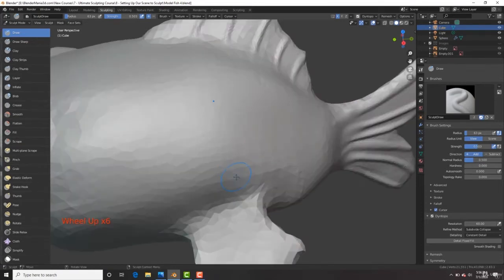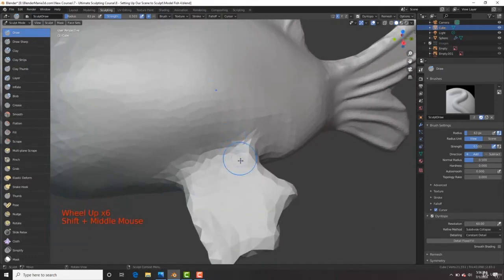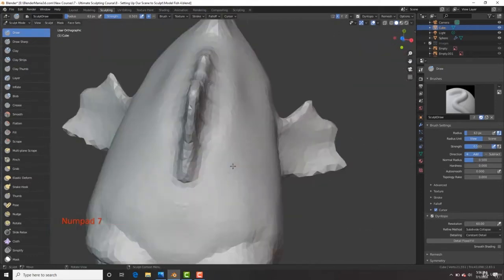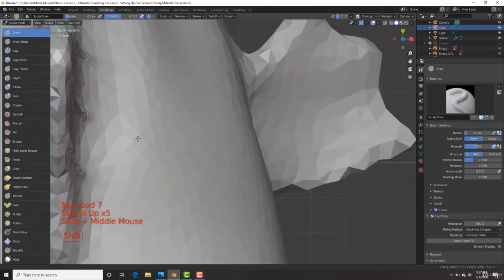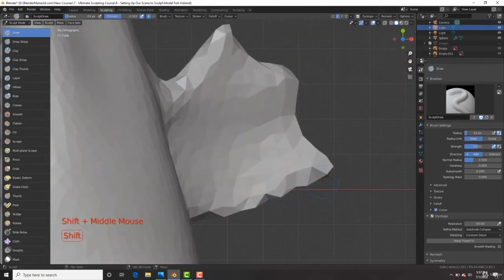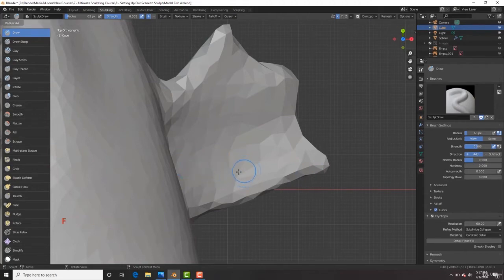So for this one, kind of the same thing we just did right now. I'm going to hit 7 to go into top view. And we are going to add in, let me go ahead and smooth this right here. So right here, I'm just going to smooth that a little bit. And now we're just going to hit the F key to make the brush a little bit smaller. And then like we did before, we're just going to draw this from over here and left click and drag